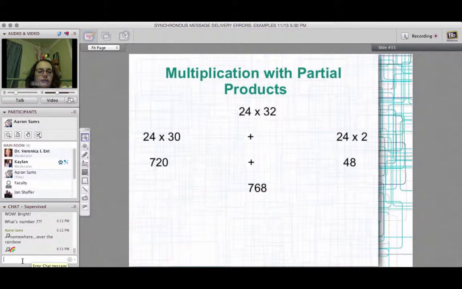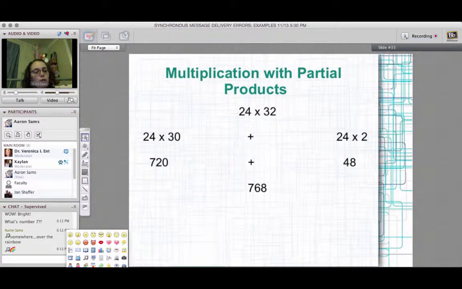Okay, today we're going to learn about how to multiply with partial products. So if we look at the multiplication problem of 24 times 32,